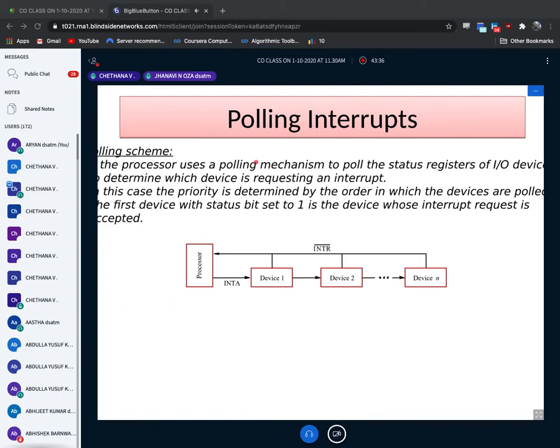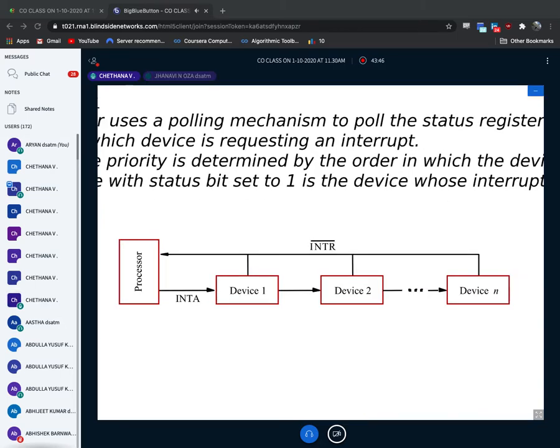Okay, so what is this? Polling interrupts. I'll just show you what polling interrupts are. See here, I have device 1. I think if you are able to see, I can make it a little bigger. Is it fine now? Is it clear? Yes, you are able to see it very clearly. Now assume you have device 1. If device 1 is requesting my processor, assume device 1 itself requests the processor. I just want to give some data to the processor, like that I'll put a request. How will I put a request? By this signal, interrupt request.